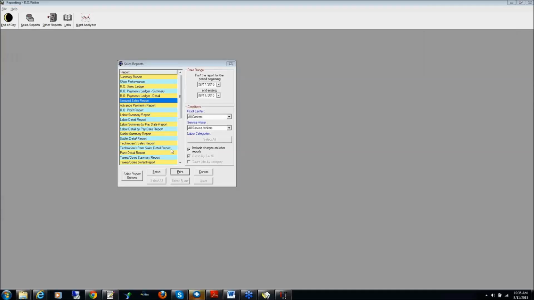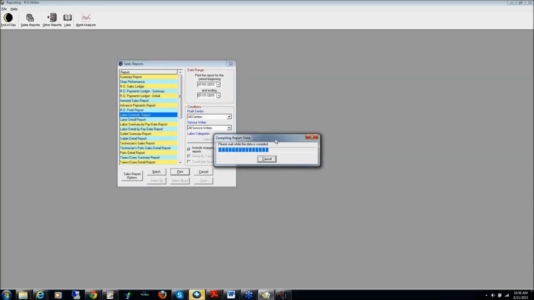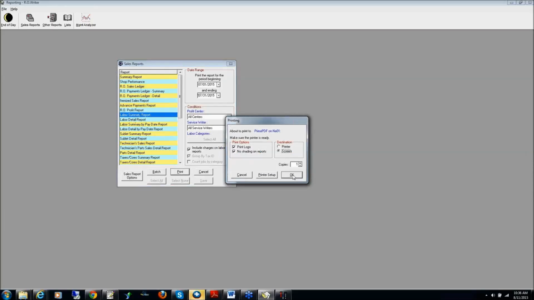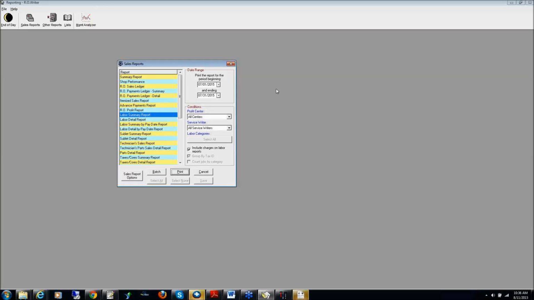As we continue on down a little bit, we have the labor summary and or the labor detail report. Sorry, this one here or this one here. As we looked at the shop performance report, the second page at the bottom had information about my technicians, not only their proficiency, their efficiency, their book time, their actual time, their clock time. I wanted to do that same report for an extended date range. So let's look and see exactly how that transpired for the month of July, either the labor summary or the labor detail report. And again, as it would imply, the summary report is going to give us those sum totals,